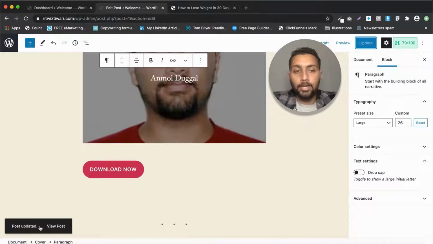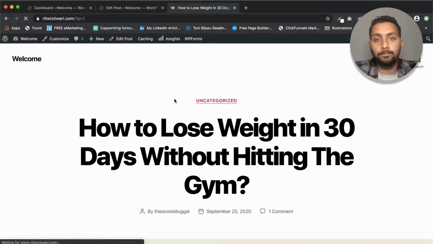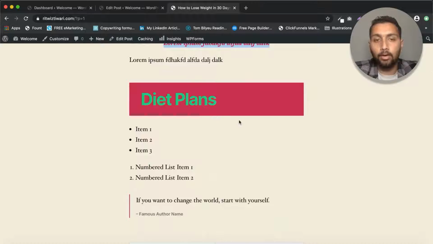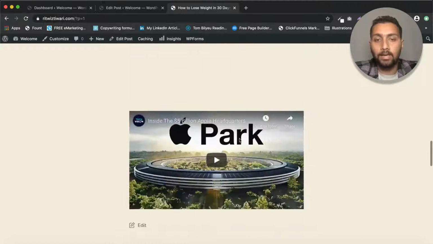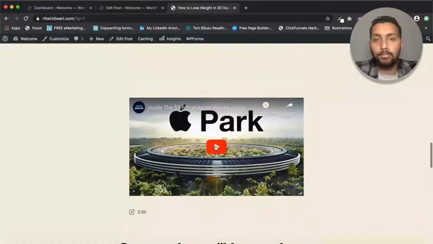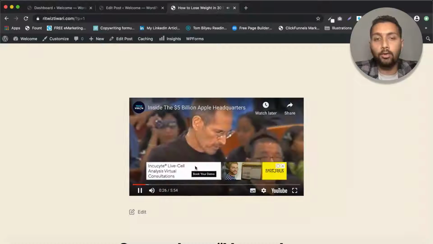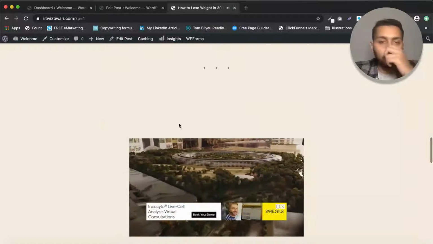See, the post has been updated. You can either click on this button or you can just reload this post again. Okay, so see now that the color has been changed. This is bold, this is italicized, right? All the changes that we did, you can see them here on the live site for the world to see. And this is how the video has been embedded as well. And I can play this video right inside this page without going to YouTube, right? The people are going to stay on my website and still they are going to watch this video.